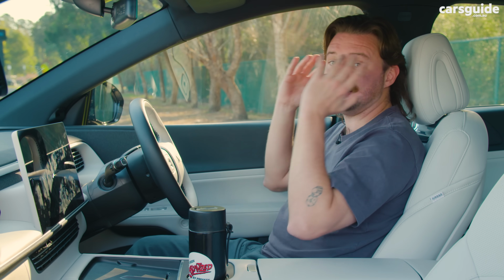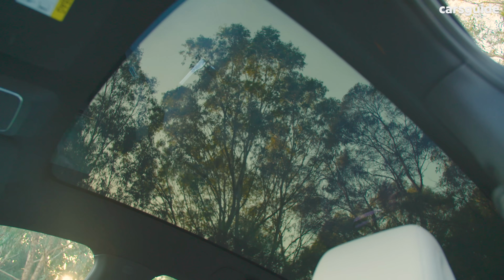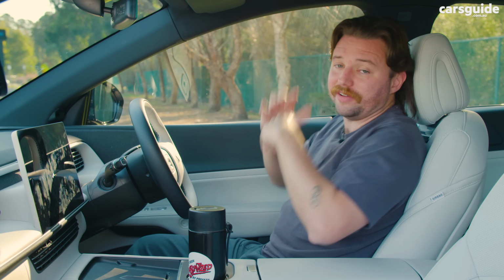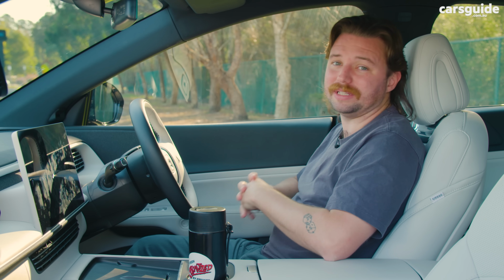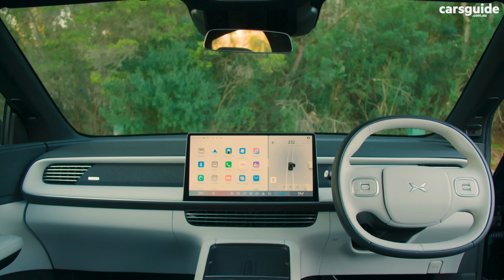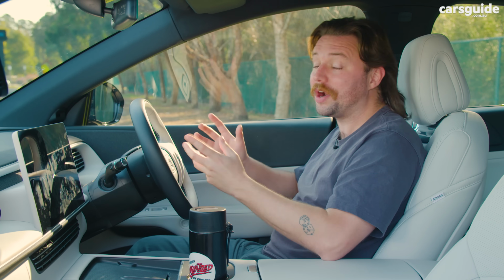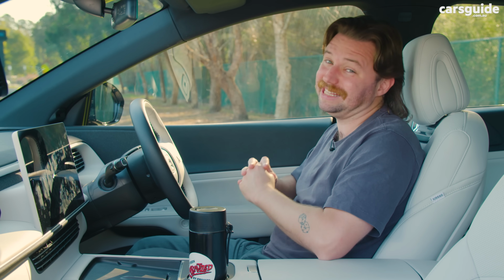The other thing is it has this nice big panoramic sunroof, which feels really airy in here, especially with the light colored interior, but there's no cover for it, no blind, so even on a cool day, it becomes a bit oveny in here. Massive downside if you love gimmicks, this screen doesn't rotate. So, you know, if you wanted a rotating screen, your options are really limited when it comes to which car